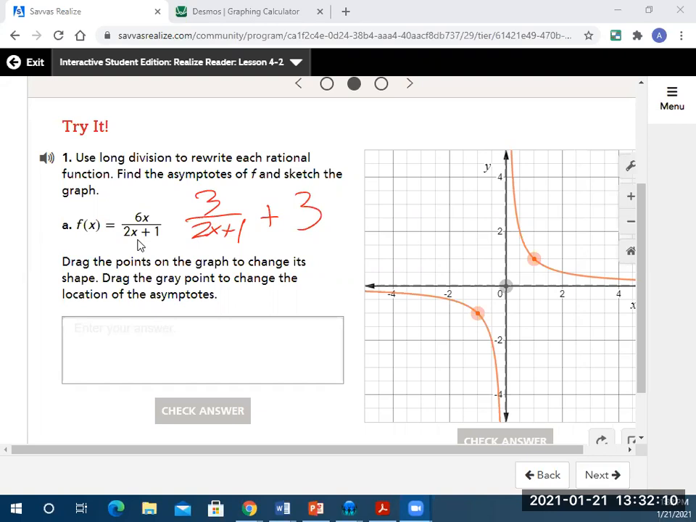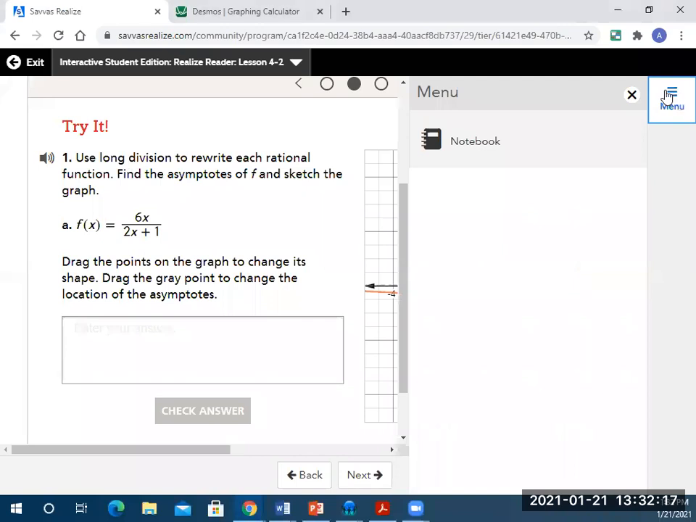Here, I'm gonna show you guys. I'm gonna do it here. Give me 1 second so I can get a little blank space. Okay. All right. So I'm dividing 6x by 2x plus 1. No, I'm subtracting, right? So what number? How many times does 2x go into 6x evenly? 3, right? Because I'm